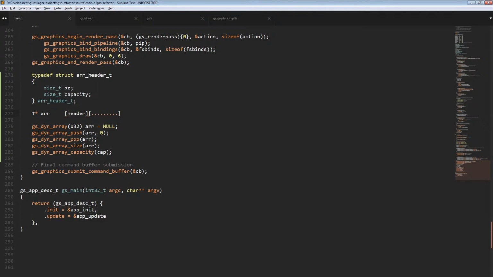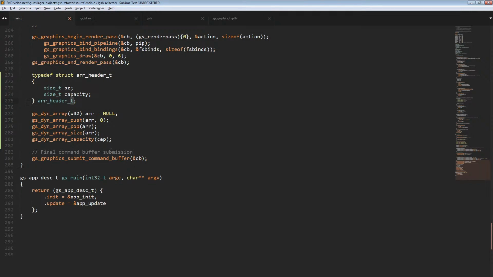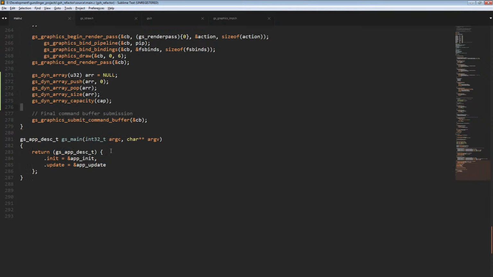Yeah, this isn't my idea, by the way. This is Sean Barrett's idea. This is a stretchy buffer idea. But I've taken this and I've run with it with different types. I've also used his idea to do